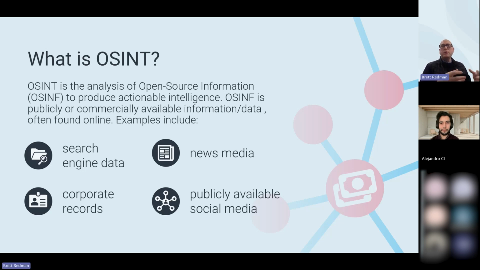So the scope of today, and Alejandro touched on this earlier, is that we're going to discuss the concept of open source intelligence and why in particular we think this has gained popularity in the context of economic crime investigations. Alejandro will then take back control, and he is going to go through link analysis technology and how this can support successful open source intelligence investigations. Finally, I'll then take control at the end, and we'll look at how open source intelligence and link analysis combine for us to be able to create that perfect picture.